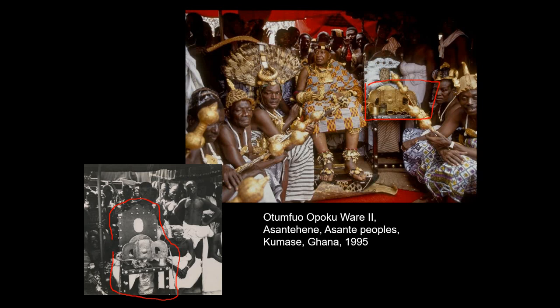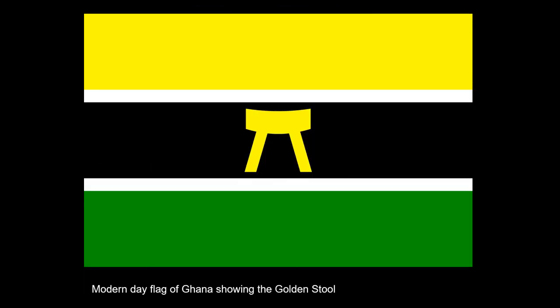It was this legendary object that would appear from time to time in the middle of the Anglo-Ashanti Wars, inspiring and encouraging the people. And the British tried for decades to get their hands on it, to no avail. And an amazing thing happened. The Ashanti actually successfully fought a guerrilla war against the British forces. They decided, we can't face them right on the field of battle, like we're used to, so we'll stage a guerrilla war. And so for decades, they managed to keep up this guerrilla war. That is why today the modern flag of the nation of Ghana has a golden stool on it.